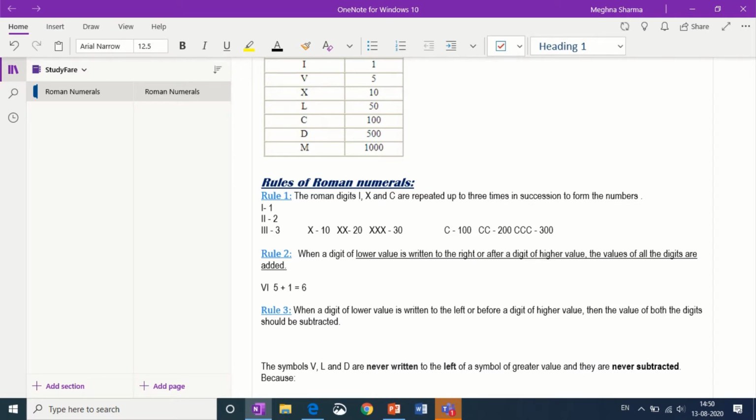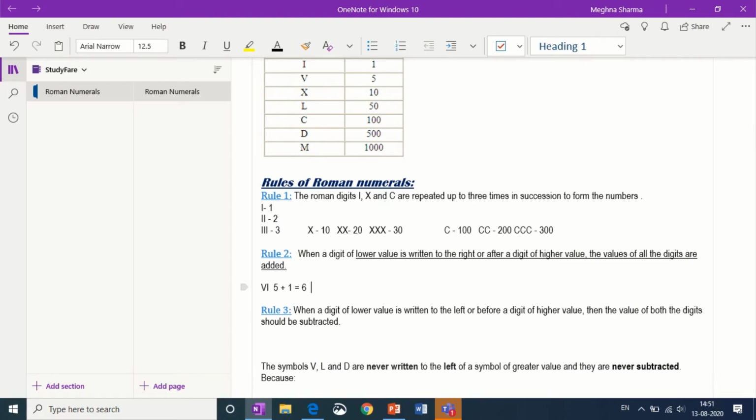Now here what we did: this is the lower value, I is smaller than V, 1 is smaller than 5. So we added when a digit of a lower value, 1 or I, is written to the right side,